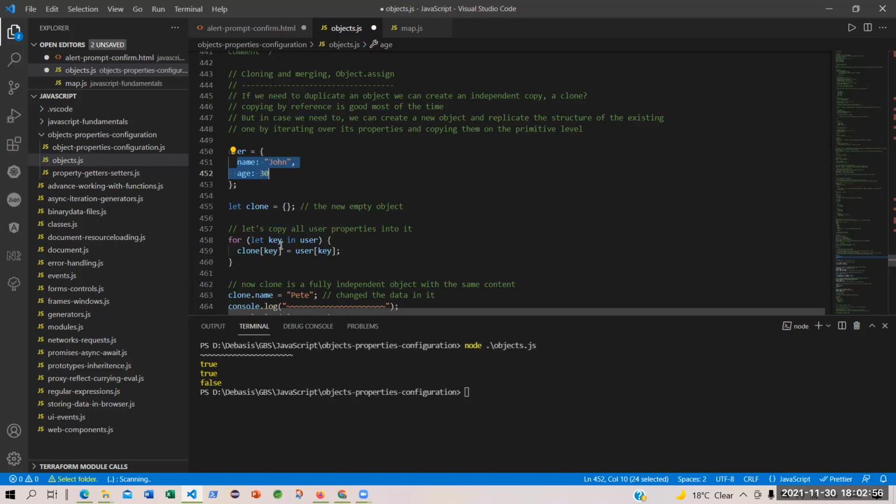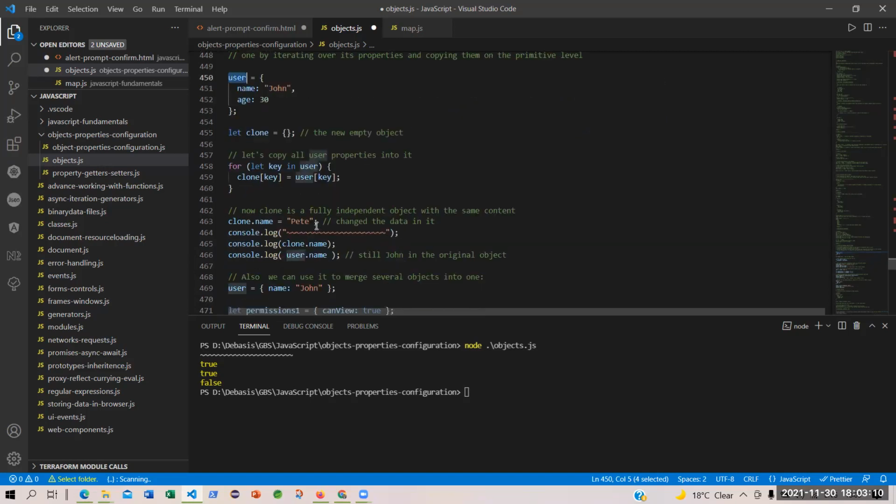So basically, this is also called inheritance. Isn't it? You are inheriting all the properties of the other object. Now, clone is a fully independent object with the same content. How will we prove that?